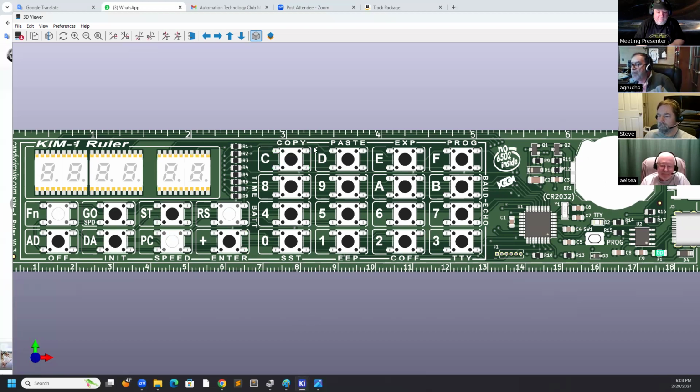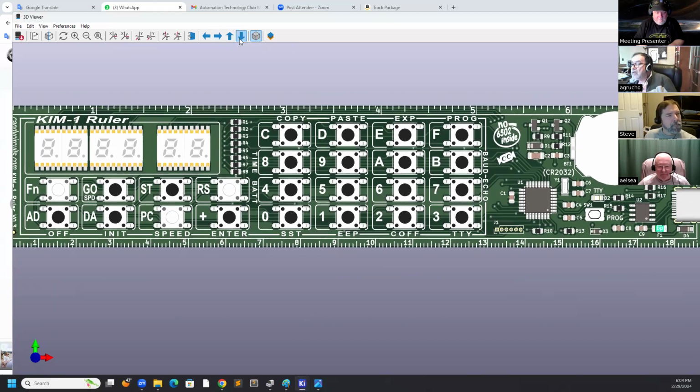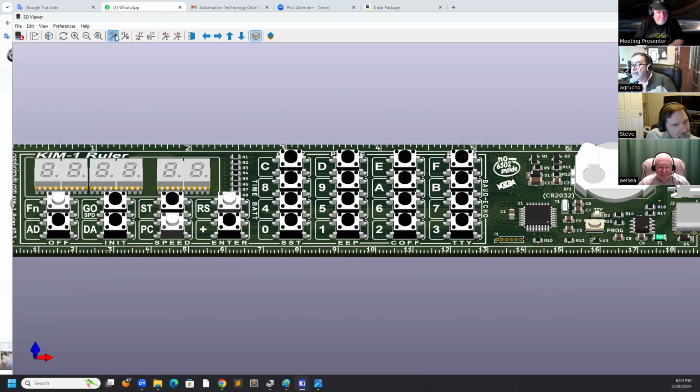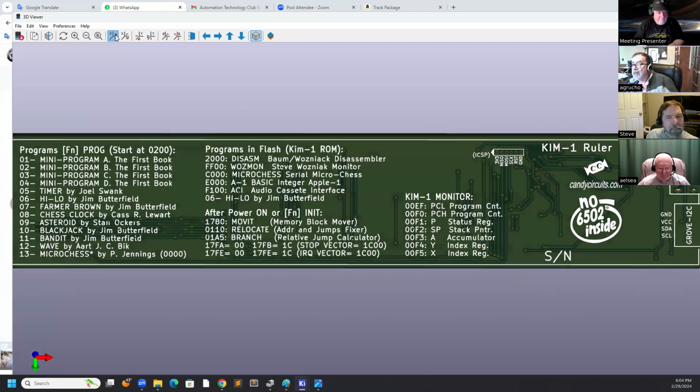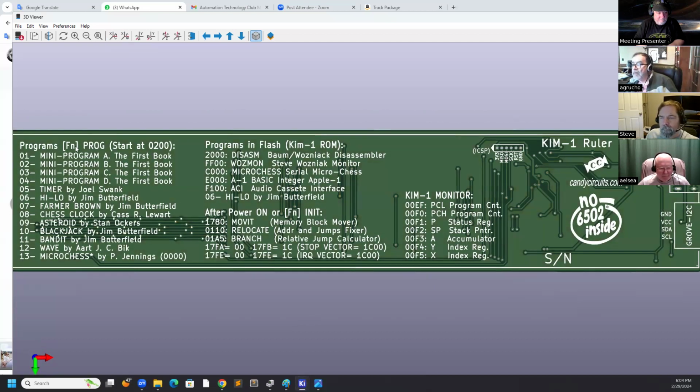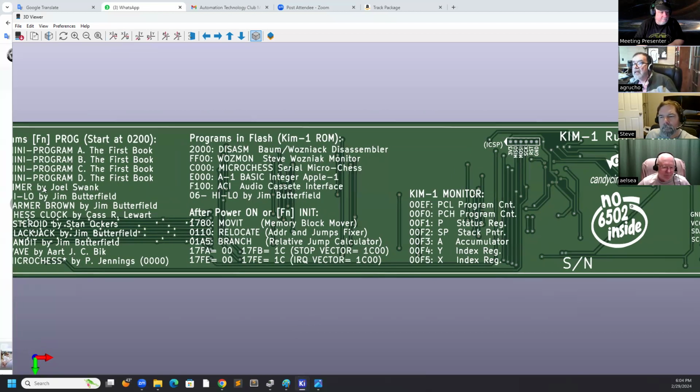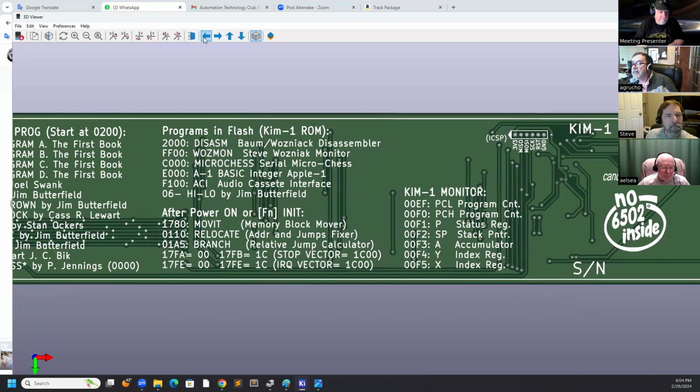I created copy and paste functions to copy memory areas of your program from one place to another. When you press function pro, you can see the demo programs.